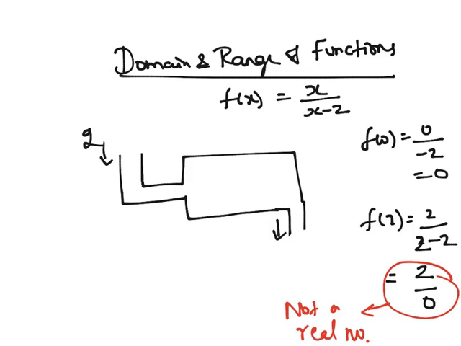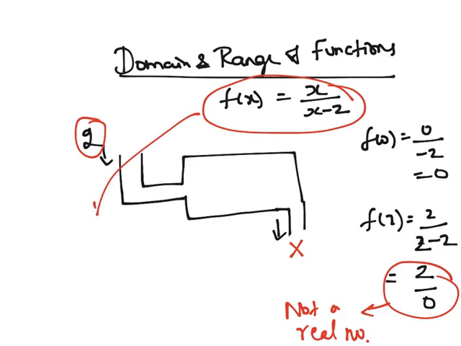So what it means is, if I put 2 inside, there won't be any output, because as I told you, the output has to be a real number. So basically what it means is, you cannot put 2 inside, as simple as that. Even though 2 is a real number, since it doesn't give you an output, you can't put 2 inside. So for this function,